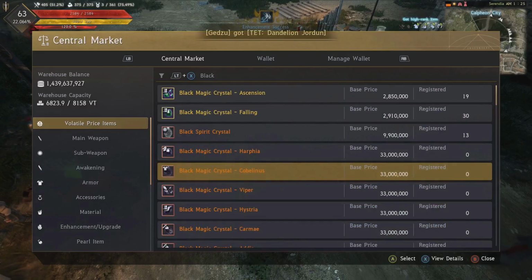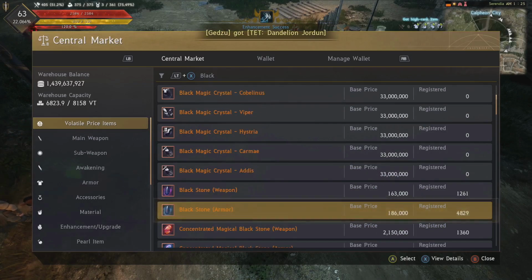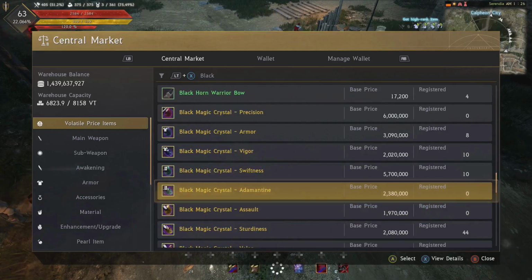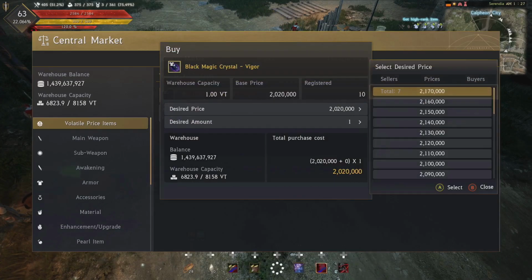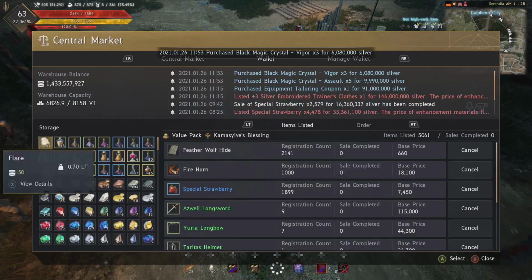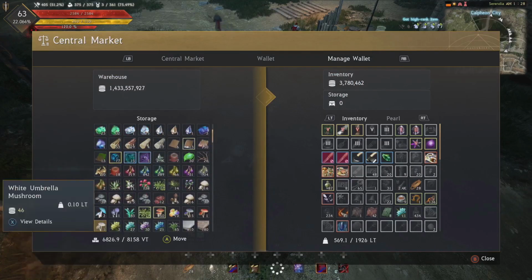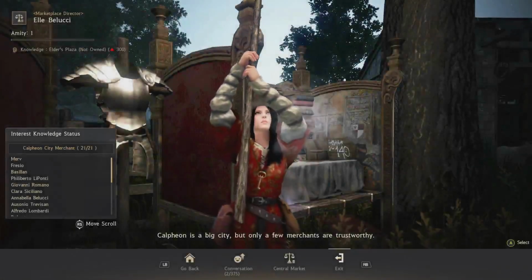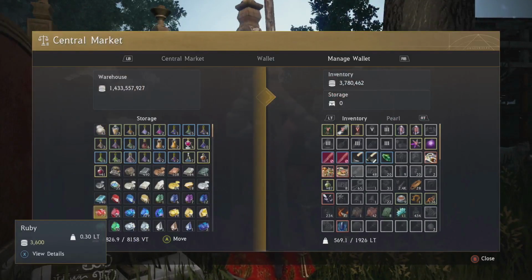Then type in Black Magic. Scroll down. Type Black M so you don't have to scroll down so much. And I'm going to buy 3 of these for now. So I've got 8 total BMCs that I've just bought. You pull them out from the central market. And what you're going to do is